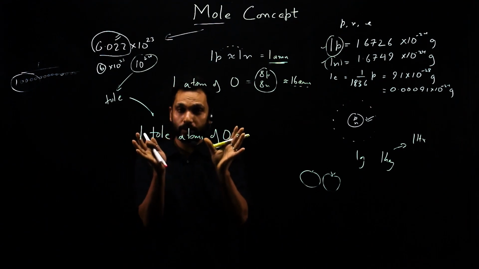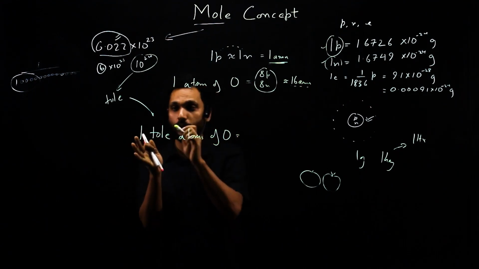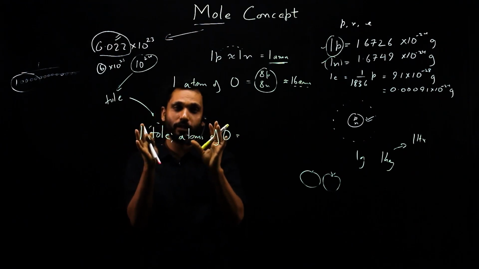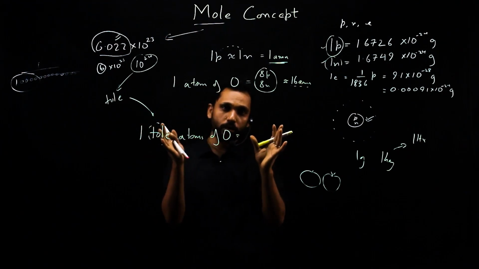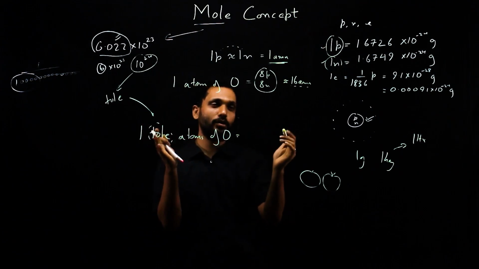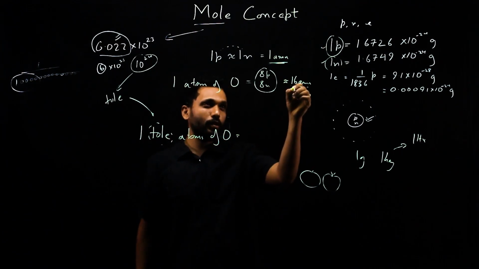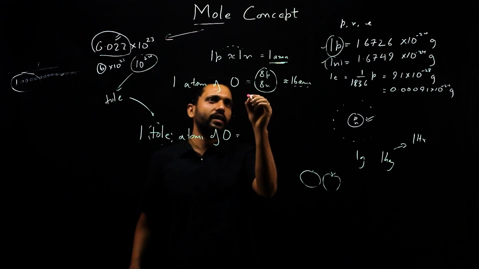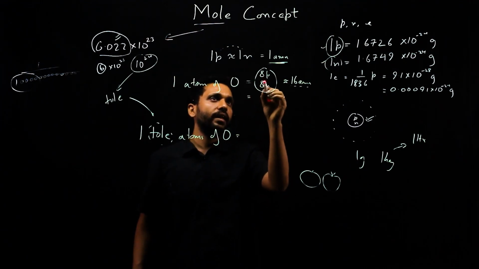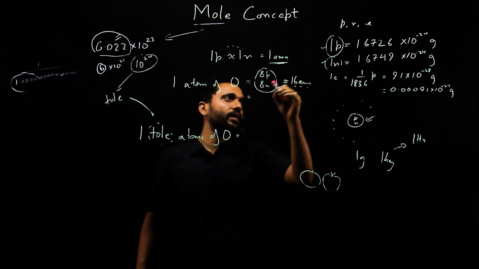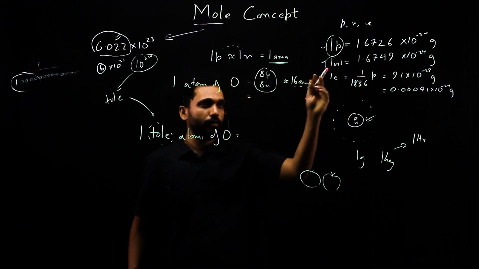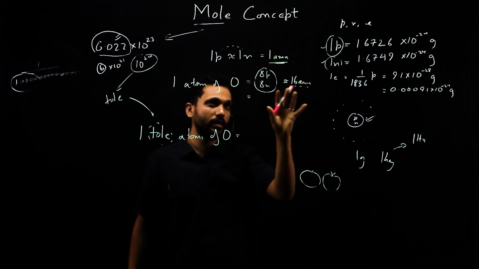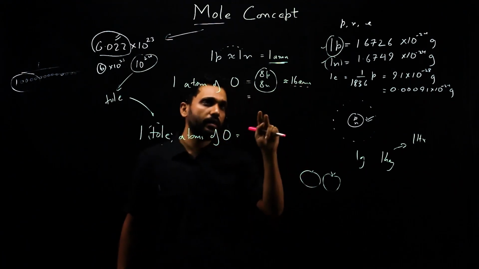So it will start weighing in grams because it is a big collection. Toll we have defined as 10 power 24. It's a big collection, so it will give you the answer in grams. So let us actually see the answer in grams. Here the answer in grams would have been too small. It would be 8 into the proton's weight plus 8 into the neutron's weight, roughly, and I'm not talking about mass defect over here. We are not going into precision right now, so I'll discuss a bit on that later on.